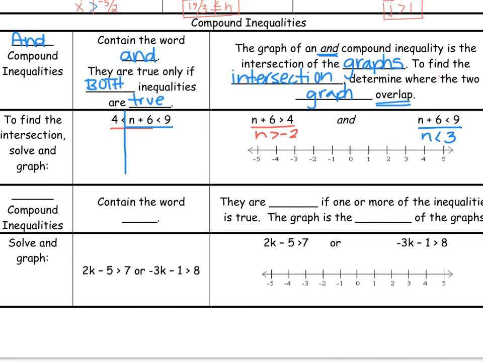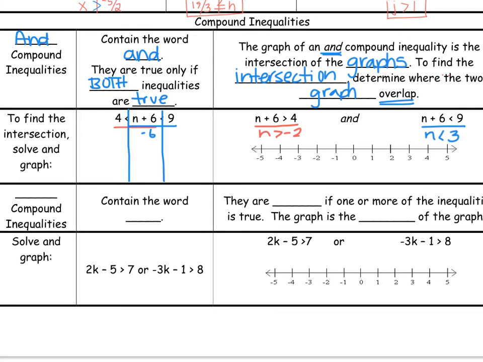Well, we can treat this as a double inequality. I want to get the n by itself, so I would subtract 6 from each side. This would give me -2 is less than n, which is less than 3,